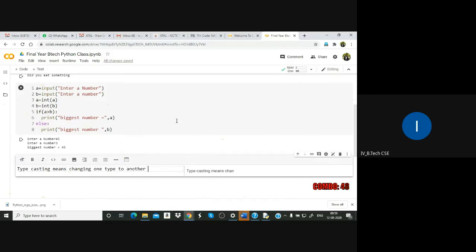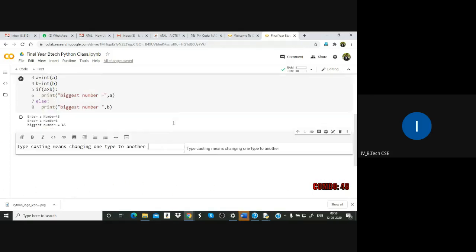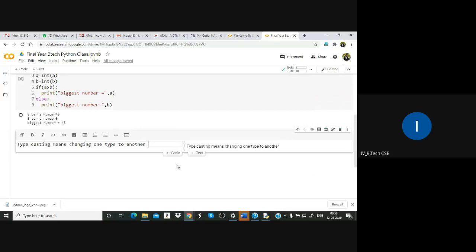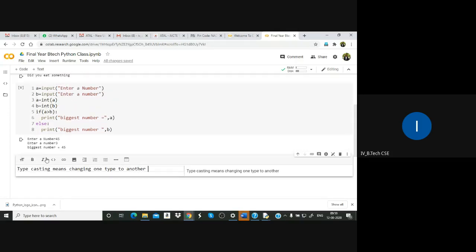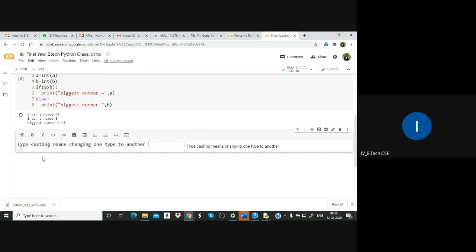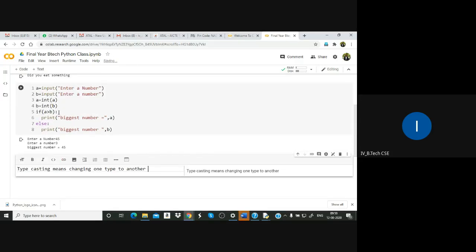That you are doing in the line number 3 and 4. You are doing that. Okay, that typecasting you are doing in line number 3 and 4. So that is the thing you are doing. Next, you are finding out the condition. Condition is true, the statement 6 will execute. Otherwise, else 7. Like that it is going on.